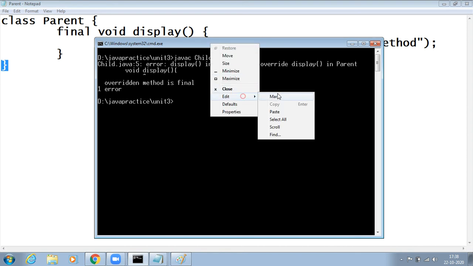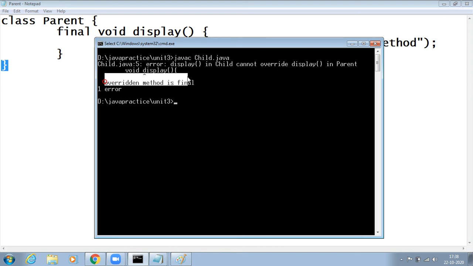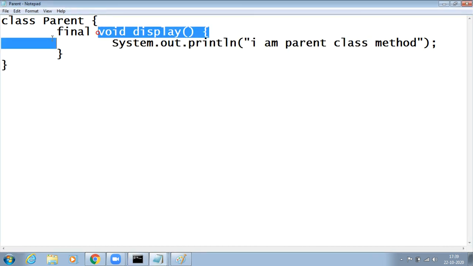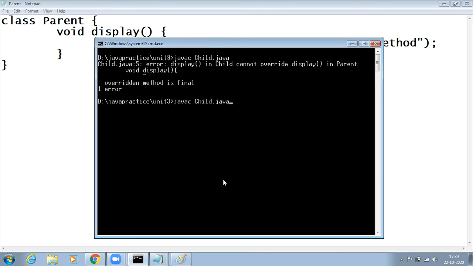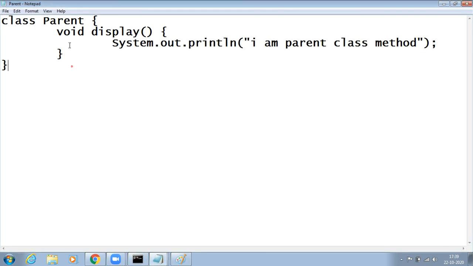Since the method I have overridden from the parent class is final, I cannot override. If I remove this final keyword, now I can override and the error will not occur. See, now the error is gone. If the parent wants to restrict the child, the parent can create the method as final.